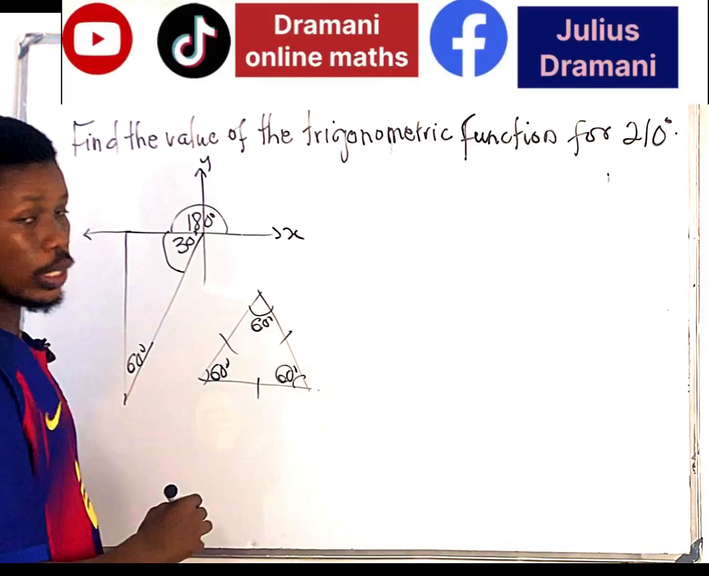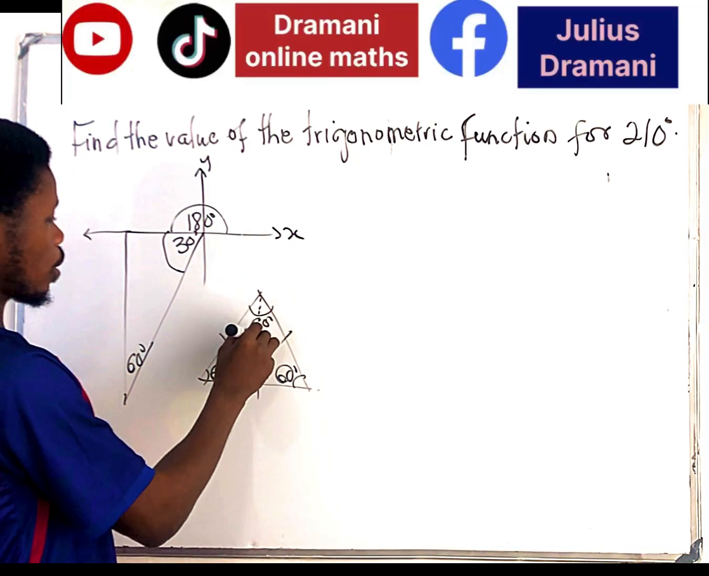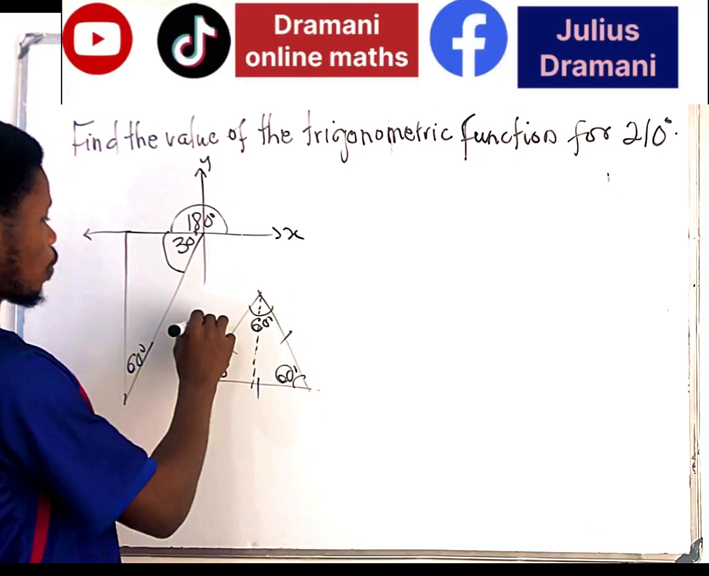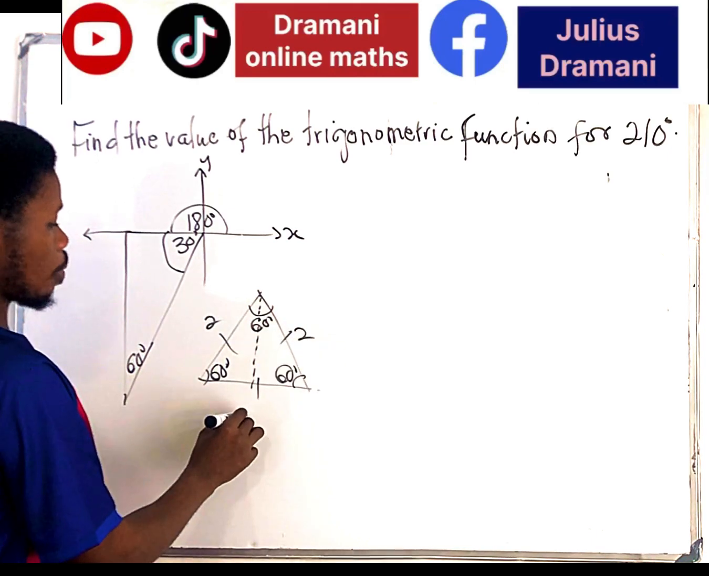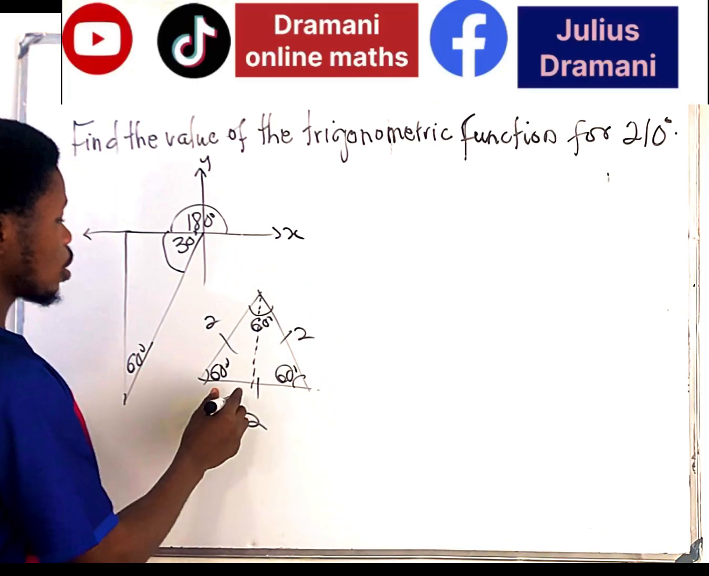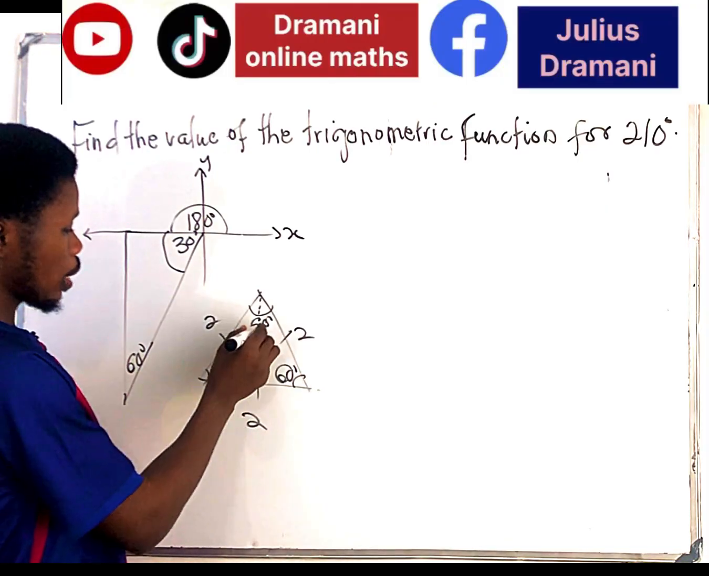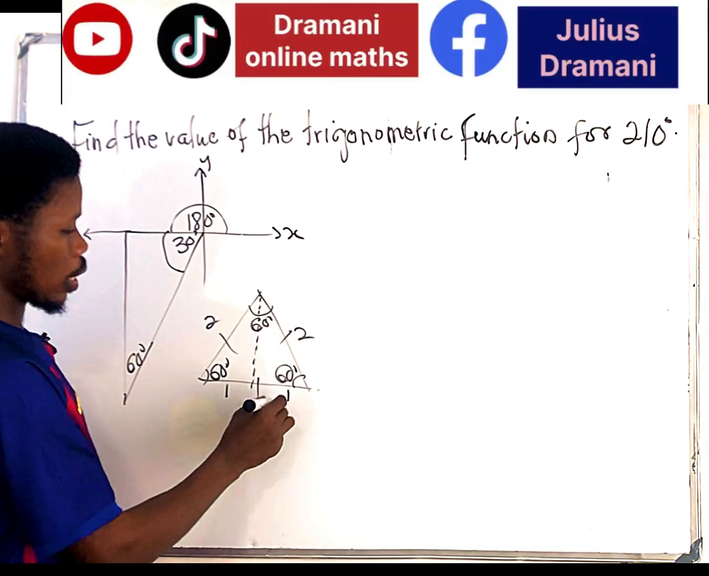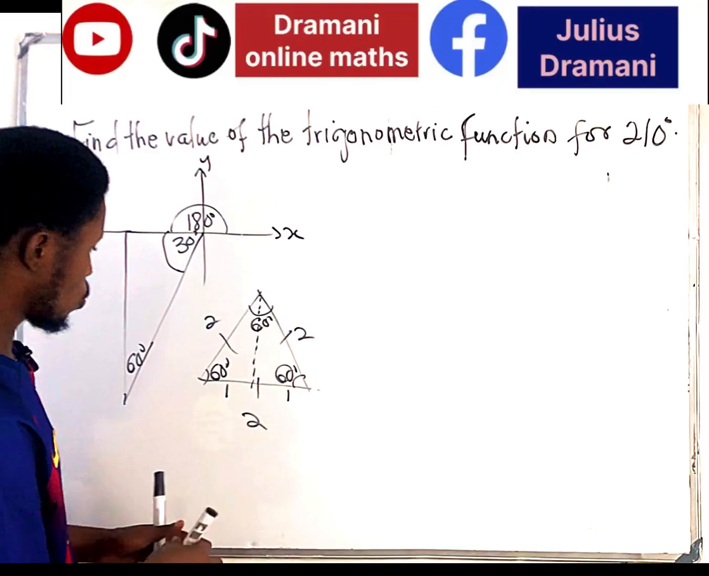60, 60, 60. So if I divide this one into 2, let's say I replace it with 2, you can use any number of your choice, okay? But I'm using 2, the sides are 2, 2, 2 each. So if that is the case, and I divide this one into 2, I can say that here's 1, here's 1. So I can just draw,